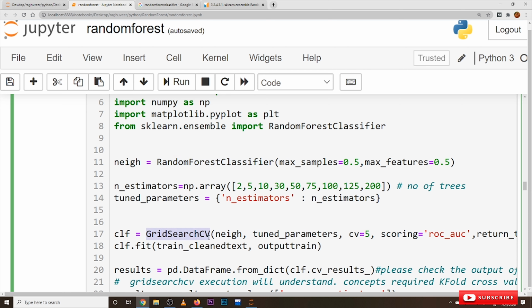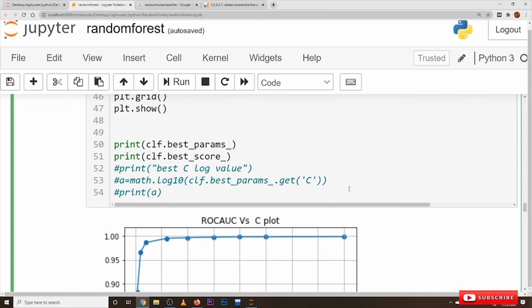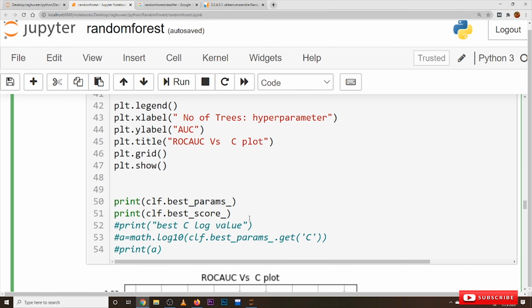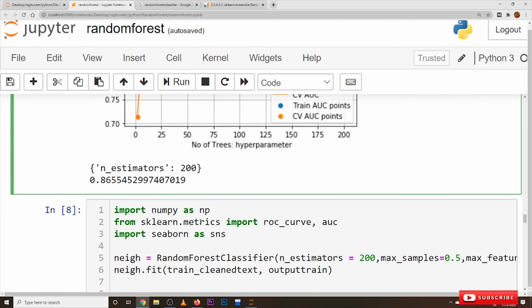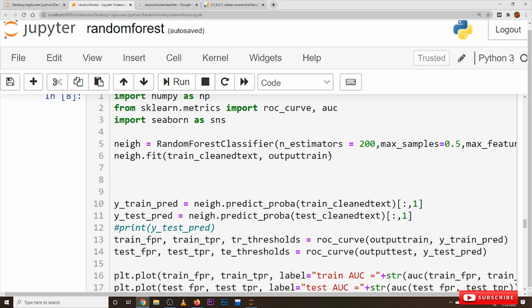Hyperparameter tuning is done with grid search CV. The best hyperparameter we got here is n_estimators equal to 200. Taking n_estimators as 200, we generate our random forest model, and we display the AUC plots and confusion matrix.